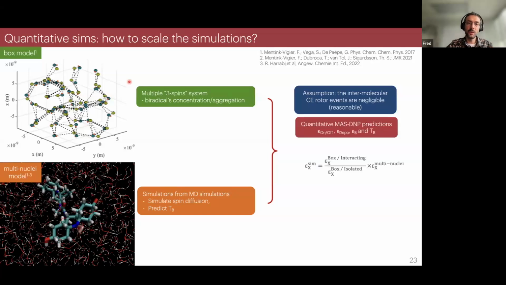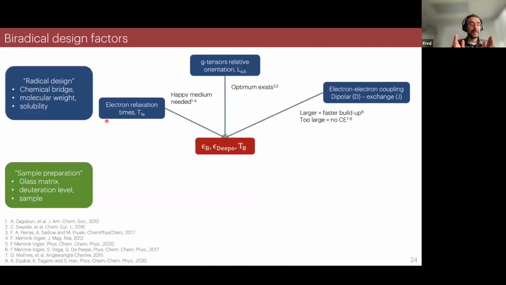And as a consequence, you can use the multi-nuclei model and just apply a correction factor obtained by this box model to obtain quantitative simulations. And I mentioned it's equivalent to what Fred Perez did, but it's done in a different approach. I looked at it from an EPR point of view, actually, when I did this, not an NMR point of view. Now, we can go into the biradical design,